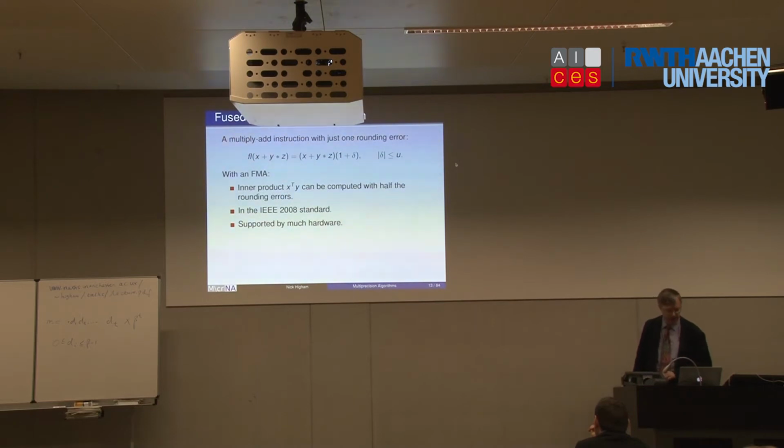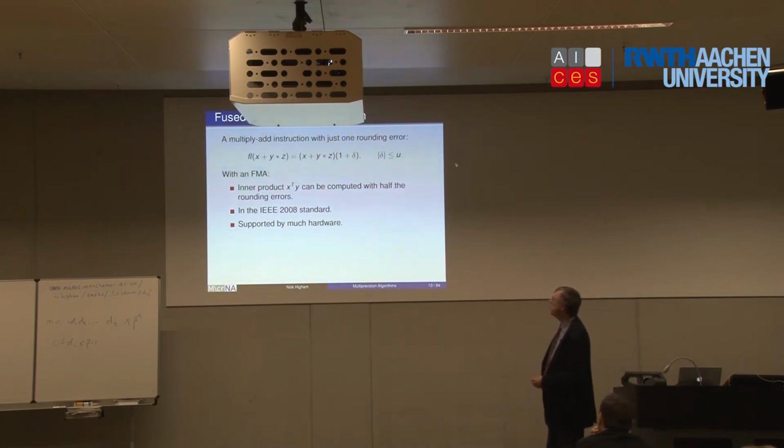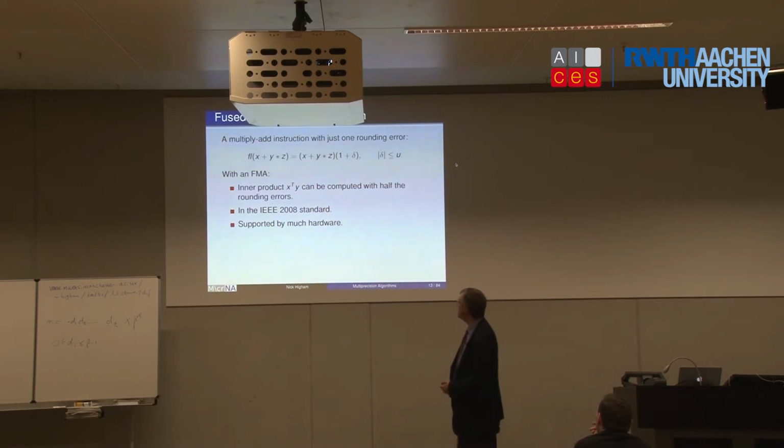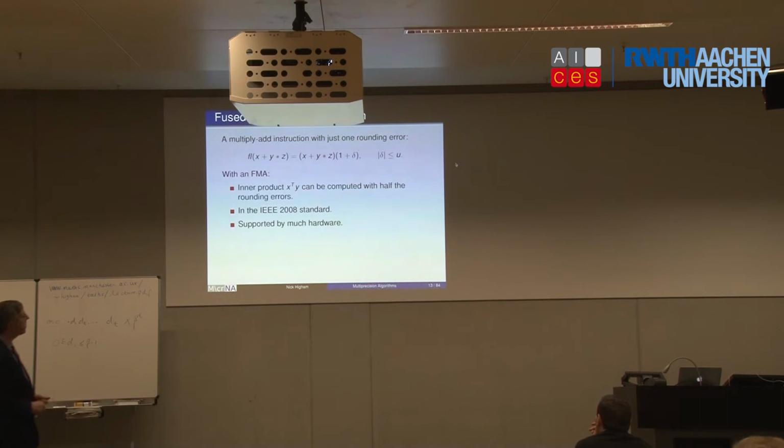Now here's something that I remember putting in the first edition of my book, and at the time it was fairly new. I think it was available only on the Infineon processor of the late 90s. It's the so-called fused multiply add. So we've got x plus y times z, and the idea is that you do that with just one rounding error. Normally there'd be a rounding error for y times z and a rounding error for the plus, so you'd have two 1 plus delta terms in a more complicated expression. But the idea here is to, in hardware, do the whole thing with just one rounding error at the end.